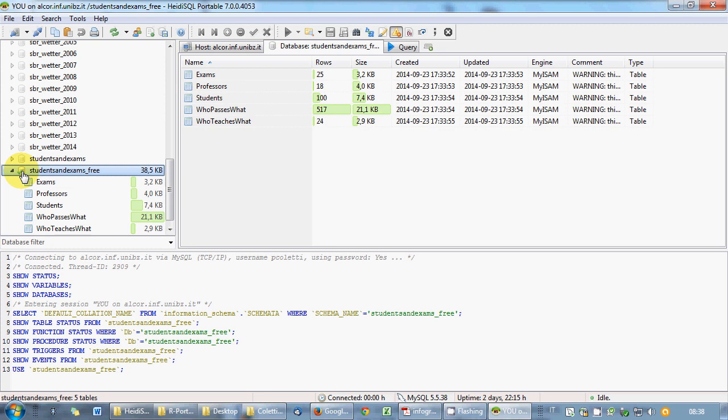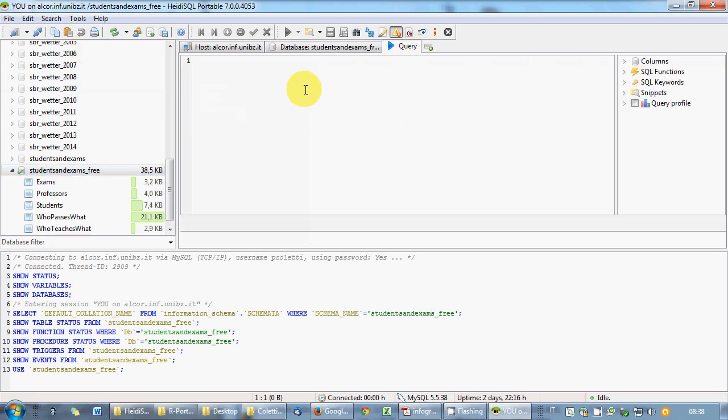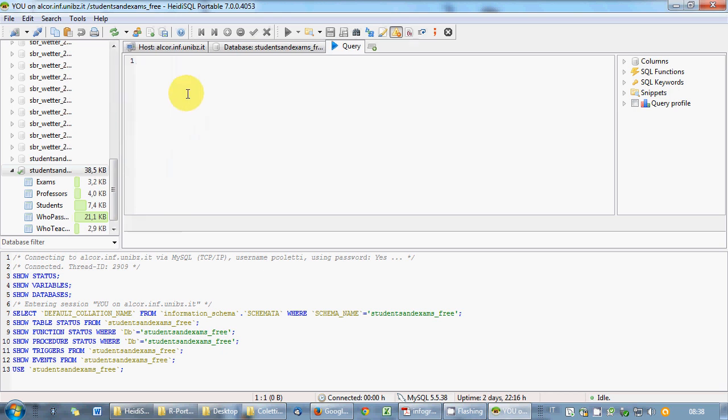Build a query which displays the professors, their approximate age in years without decimal digits, and the number of exams they teach and have taught, only for professors with age smaller than 45. Okay, so select, I'll make some space because my screen is smaller. Select. Okay, so we need the professor first name and last name, so